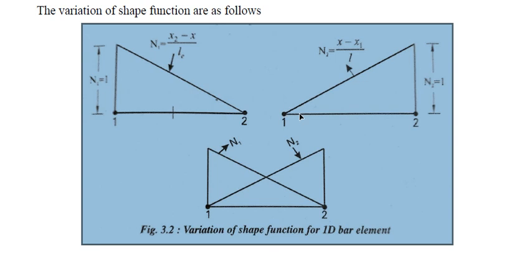Similarly, we have taken an element here. N2 is maximum here and N2 is 0 at node 1. So it increases linearly from 0 to the maximum value of 1 with respect to the expression (x minus x1) by the length of the element, where the length of the element is L or LE. The combination of the first two sketches is described here. This is about the variation of the shape function in the 1D heat transfer element. It is equivalent to the bar element, that is why I have shown it like that.